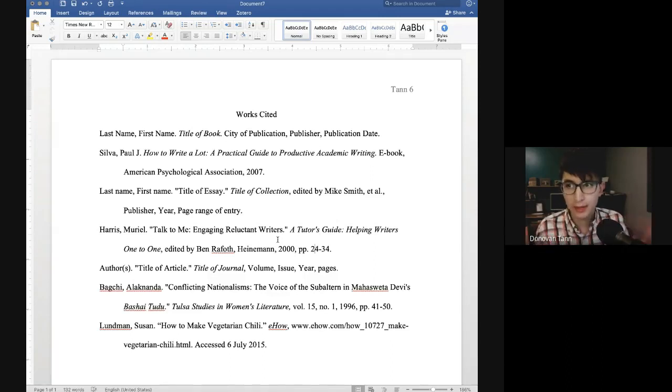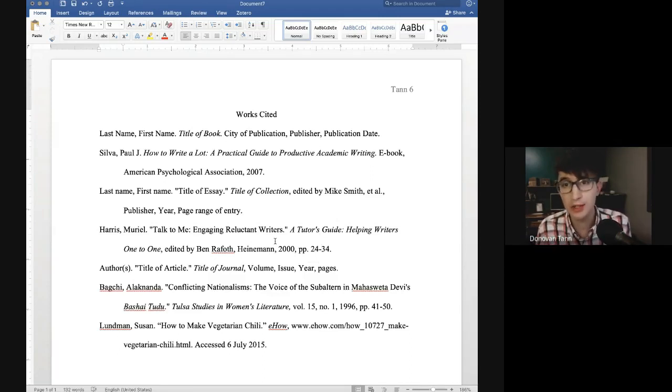Any part of it, right? So even if it's just one line, make sure you include that, right? That helps readers when they go, maybe they want to request it from a library. It helps them make sure that they get the whole thing. So again, you can see this example, the author, the title of the piece, the title of the book, the name of the editor, the publisher, the year, and the page range.